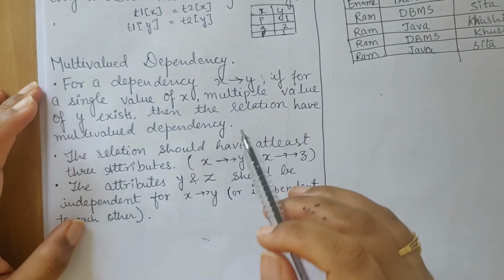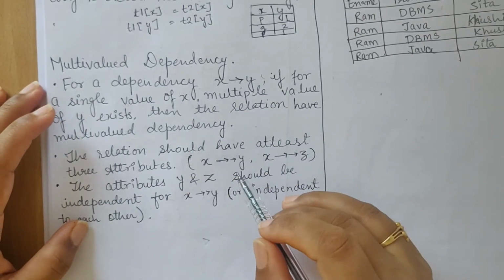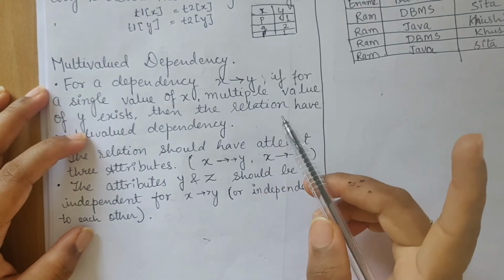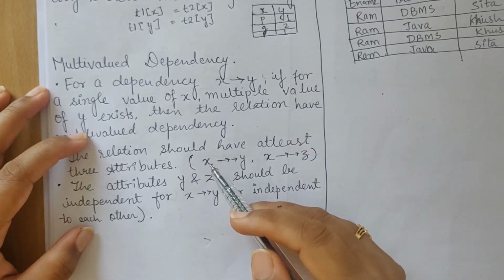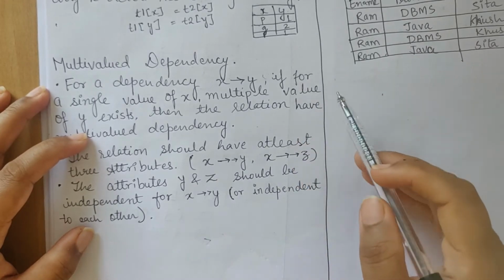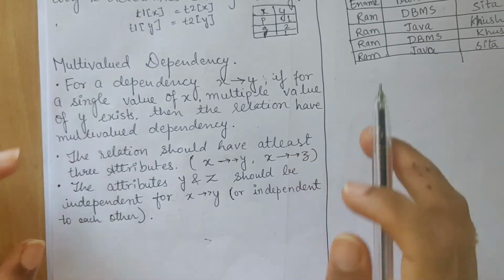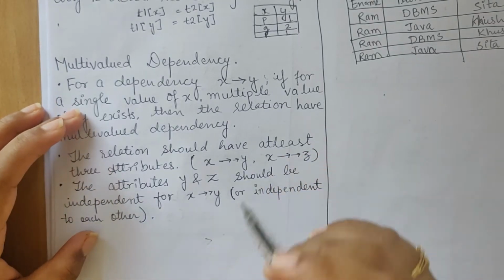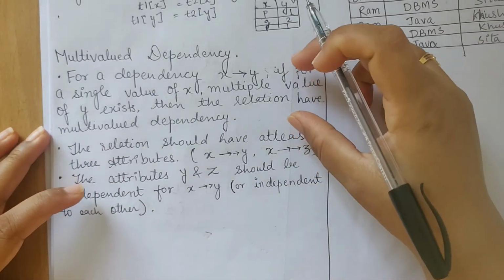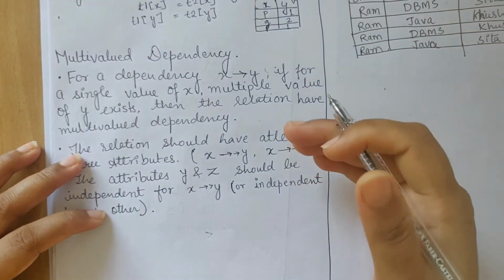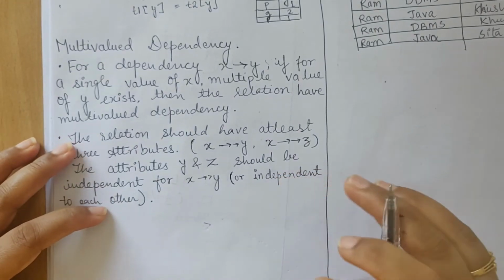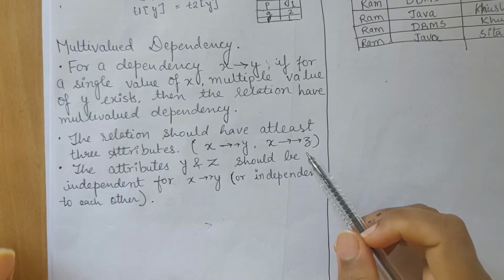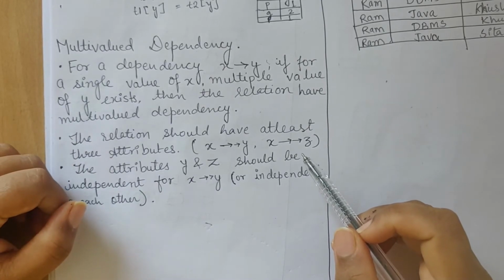Now if only multiple values are present, then there is not much problem, because in atomicity we handled this. In first NF we brought the table to atomic form, where multiple values, like multiple phone numbers, exist. That's not a problem if only one column has multiple values. The problem comes when this particular condition merges with two other conditions. If all these three come together, then we have a proper multi-valued dependency.